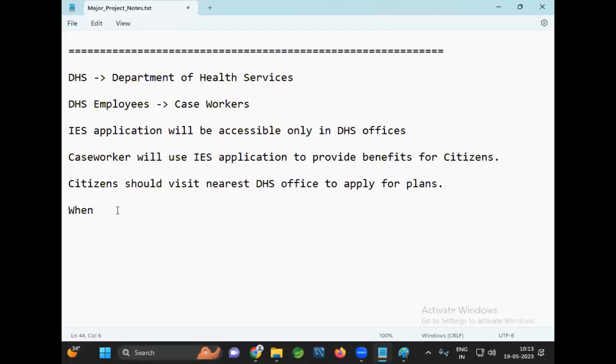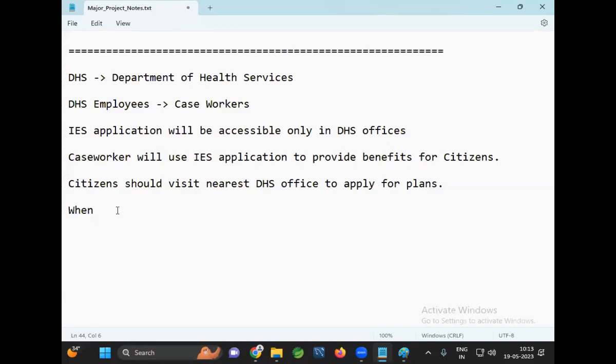Then he will tell the system, this is the citizen data. He wants to apply for RIW. For RIW, some business conditions are available. Citizen data will be matched with the business conditions. If all conditions are satisfied, the citizen will be approved for the plan. If a citizen is approved for the plan, the government will provide monthly pocket money for the citizen to update their skill set for 3 months or 6 months. Suppose the citizen's family income is more than $5,000 per month, that person will be denied. Your family has a good income source, you don't need any support from the government, so that person will be denied.